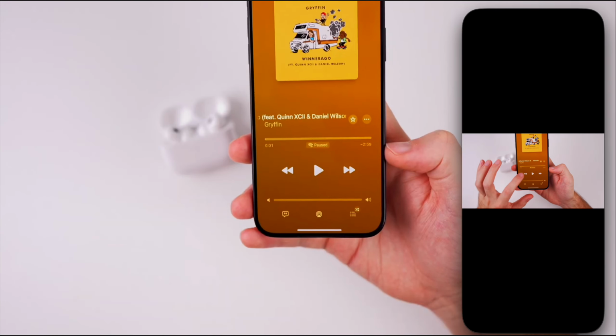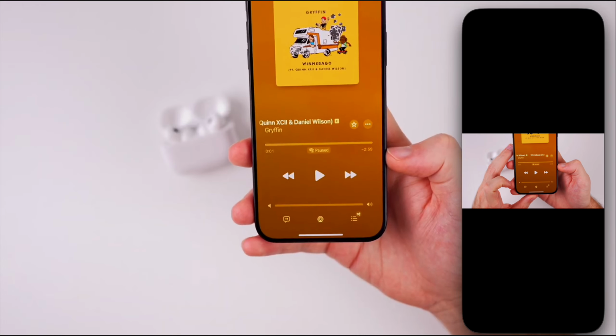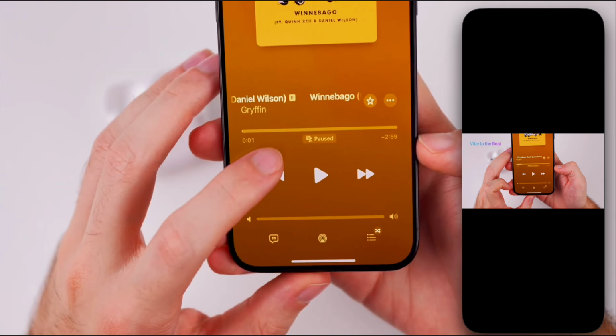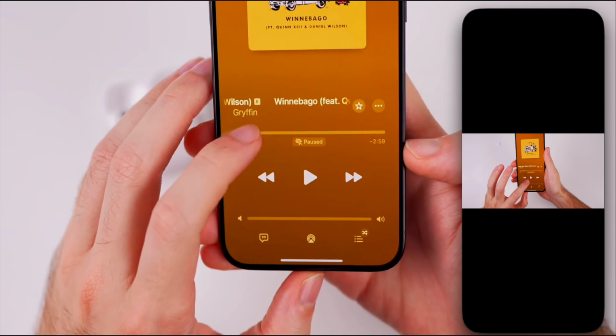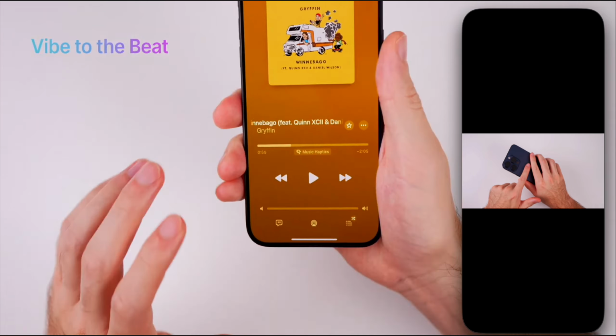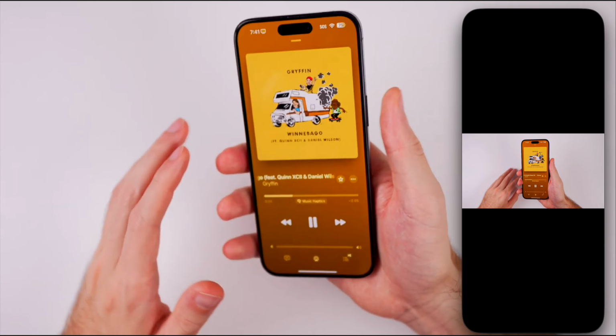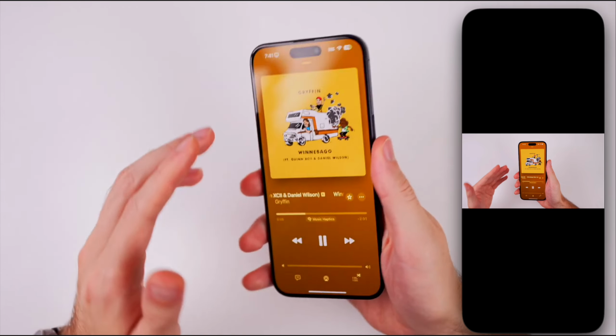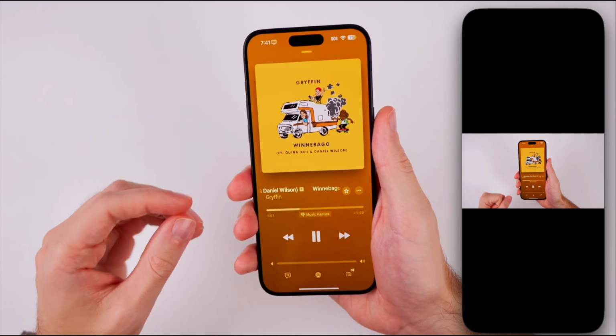Now here's a setting you might want to change that's related to the music application and also Apple Music Classical. So you'll see that we have this new glyph icon underneath of the now playing bar in Music Now, and that is for music haptics. And what this does is it gives you the haptics to the beat of the music. So you can actually feel the vibrations coming from the back of the phone to the beat of the music,